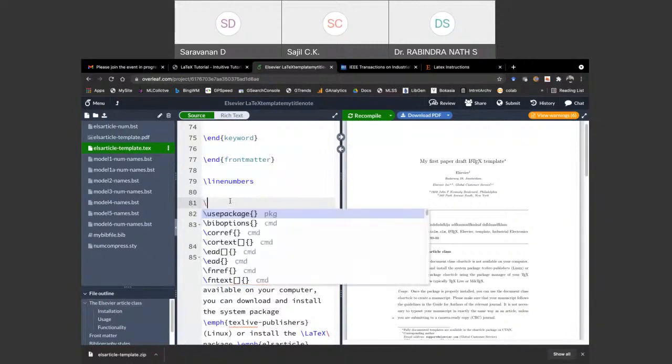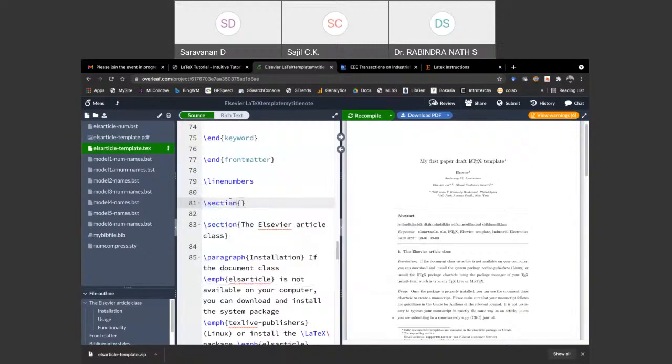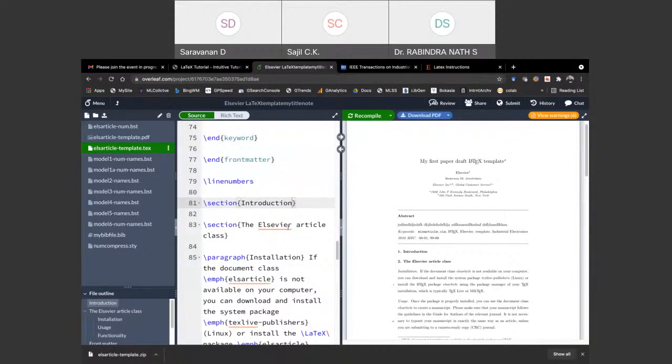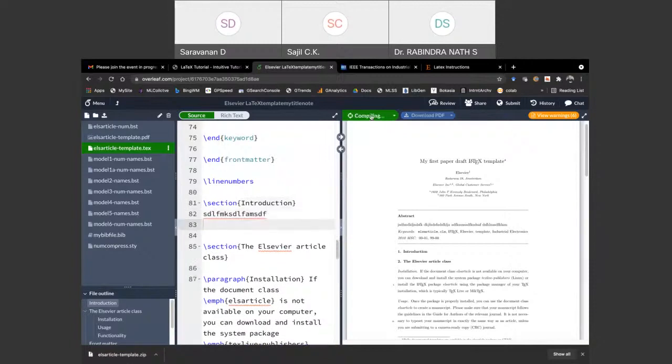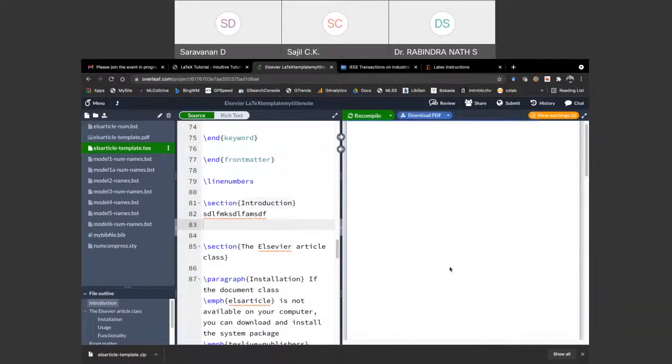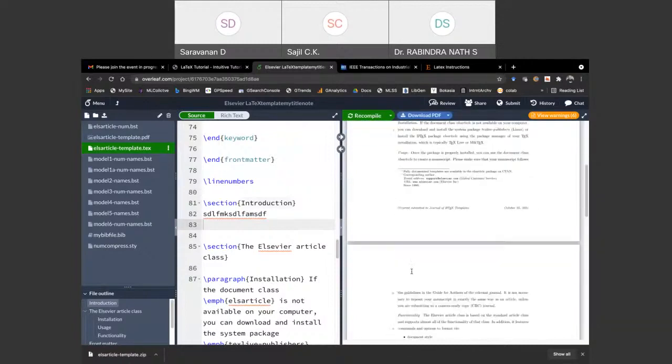If I want a section called introduction, then methods, results and discussion, conclusion, etc. So you know it, right? You give section, introduction, or whatever the heading is, then your content, then the next section. It will appear automatically according to their LaTeX styling. You don't need to worry about that.